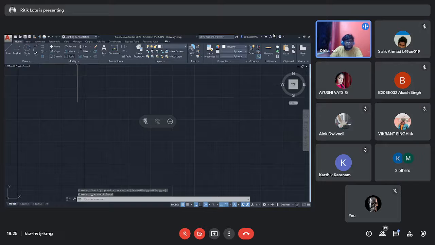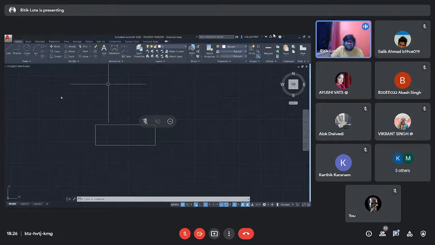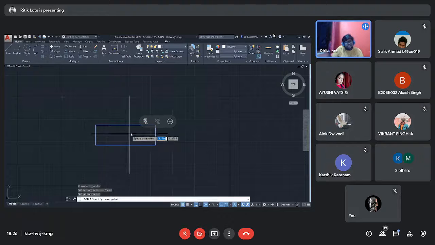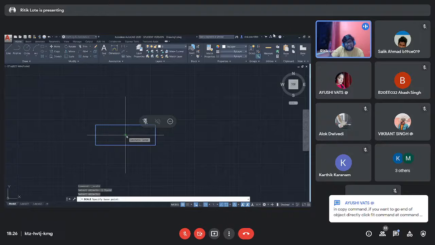we come to the scale tool. As the name suggests, the scale tool helps us scale our objects, either a rectangle, a circle, or any polygon. It will help us scale it to a particular dimension. So let's click on scale, and after that select the particular object. After selecting the object, right click and again specify the base point. So let's say again I am specifying the center.